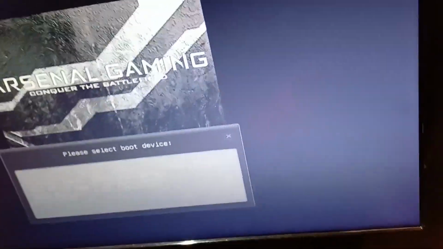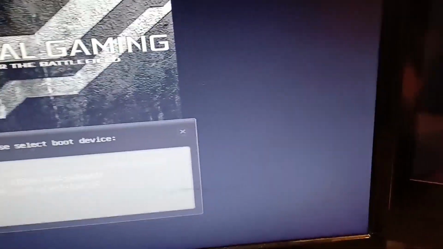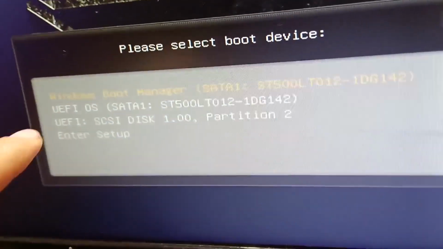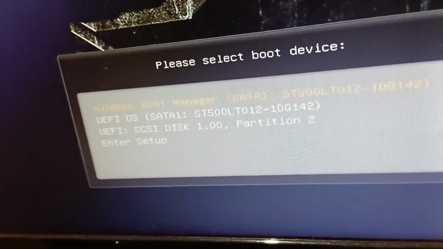And that should pull up... wait for it. Entering boot menu, and wha-blam! There's your boot menu. Yours is probably going to look different from mine, but that's fine. You're going to want to look for your flash drive.